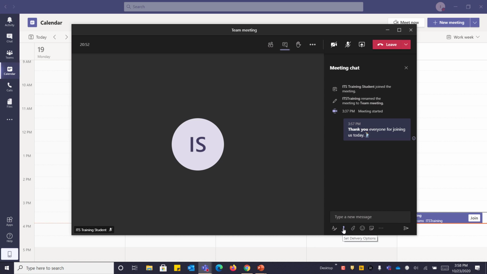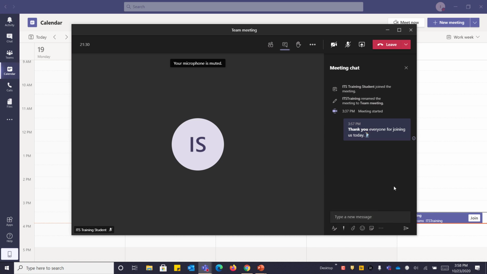You can also mark messages as urgent or important or standard, and there are specific differences with each one. A standard message doesn't send any kind of reminders or anything. An important message will just be marked differently. It'll be more emphasized. If it's urgent, then all the recipients will be notified every 2 minutes for 20 minutes straight, as long as they haven't acknowledged that they've seen it. They do get the option to acknowledge, yes, I've seen it, and then dismiss it, but you do have those options if you'd like.